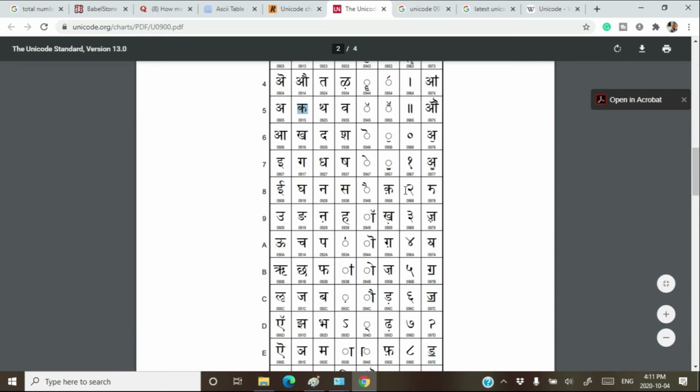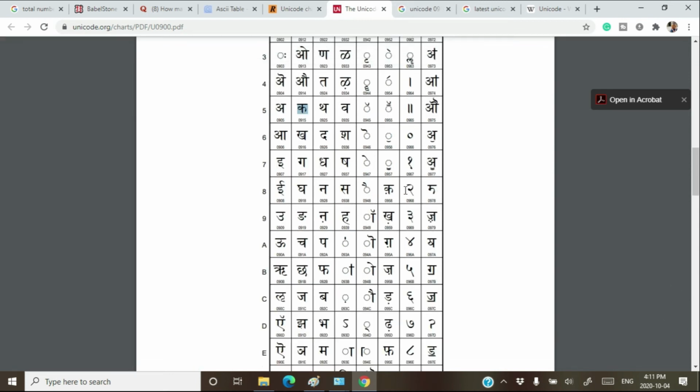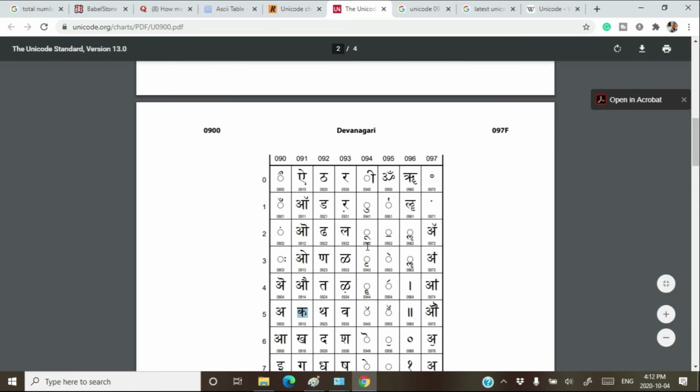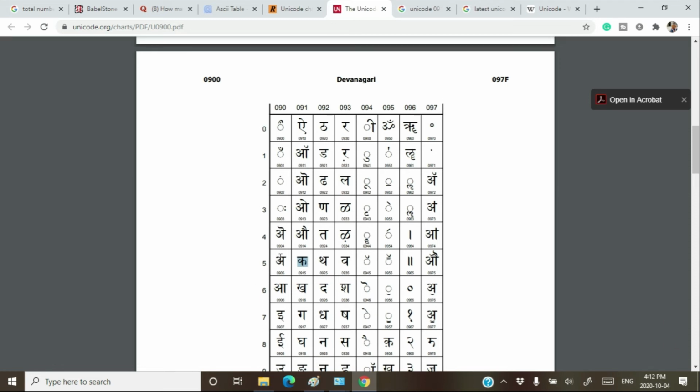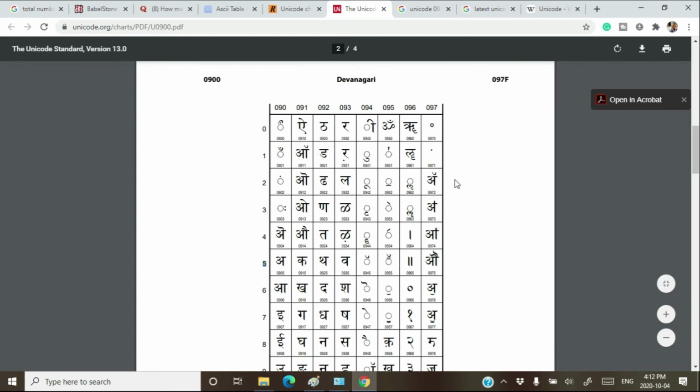So Unicode numbers are assigned by the authority, but they have not explained how to store those numbers in the memory. So each assigned number to a character is called a code point. Okay, each assigned number to a character is called a code point. CODE POINT. So 0915 is the code point for Ka.